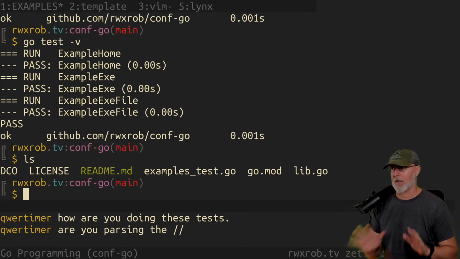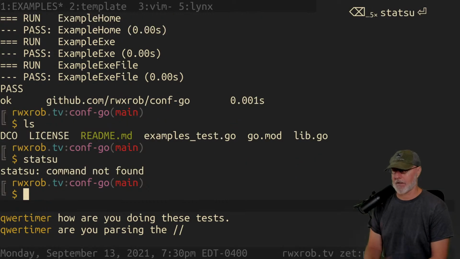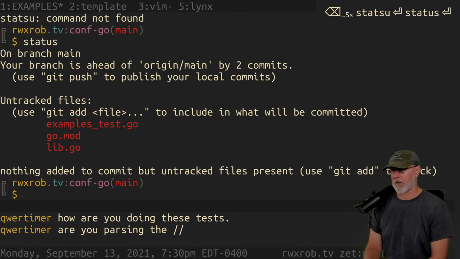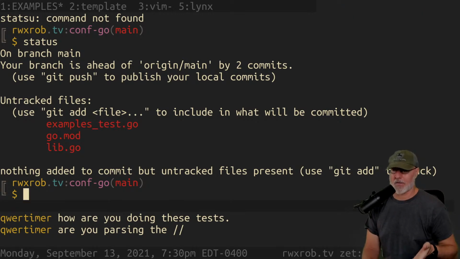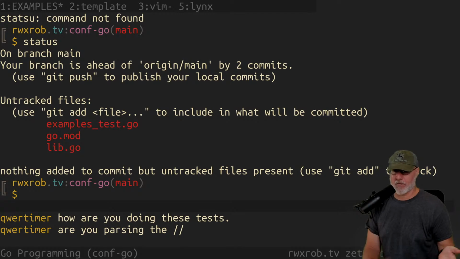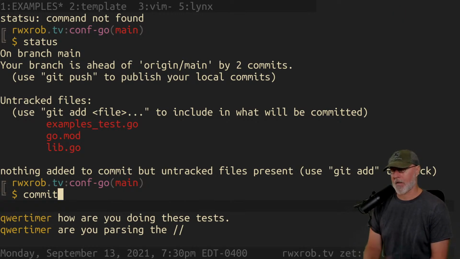Commit early, commit often, they say. So status. I mean, I'm going to commit it, but I'm not going to push it. If I push it, I'm going to break stuff. So I'm not ready to do that yet, but I can go ahead and commit it. So I have a backup. If I screw something up, I can go back to that moment. So commit,